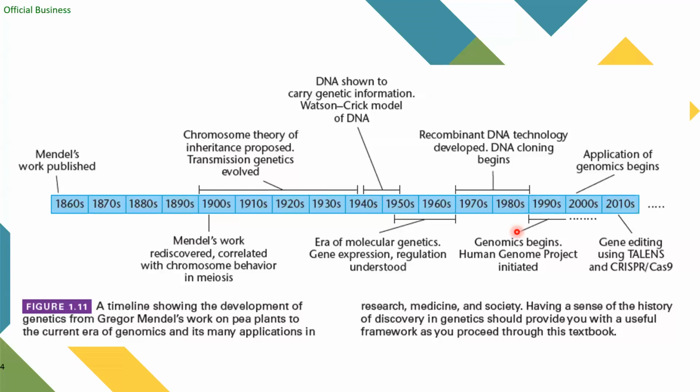Then in the 1950s and 1960s, this is the molecular genetics era. This is around the time when the DNA structure was discovered by Watson and Crick, which unlocks the different mechanisms on how DNA, basically our genes,